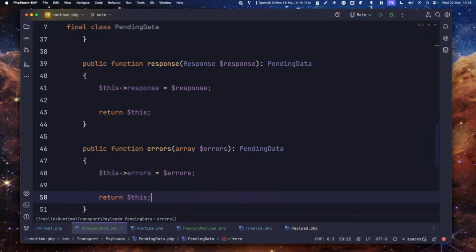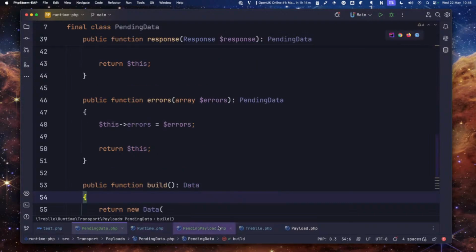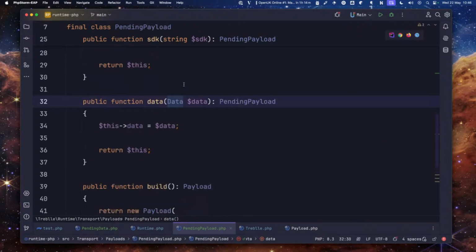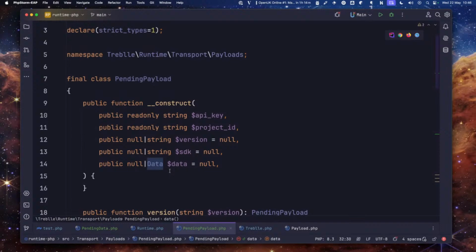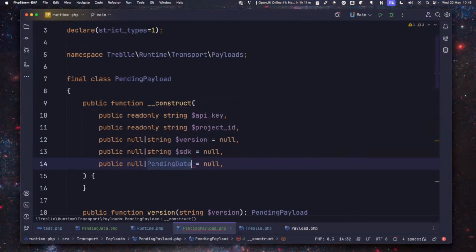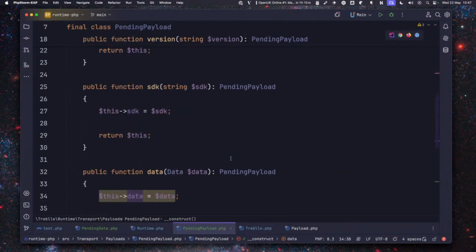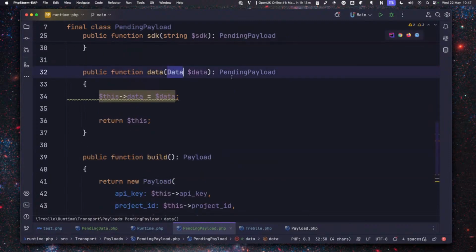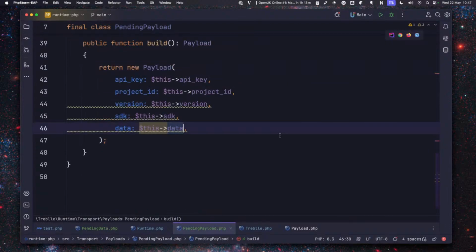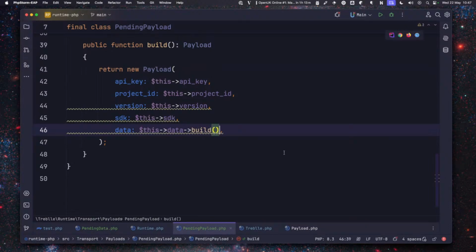Finally, it gets built. So down in this pending payload, the data is actually going to be a pending data, I think would be the best case here. So then down here, pending data, this data, and down here we can say this data build, like that. So then over on our test,